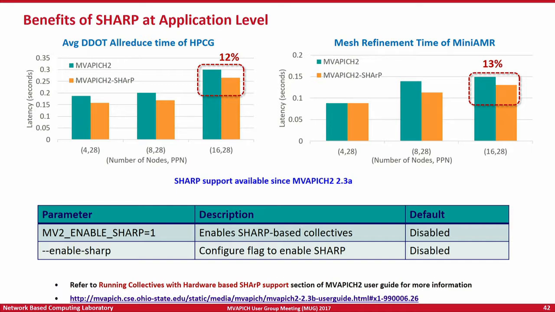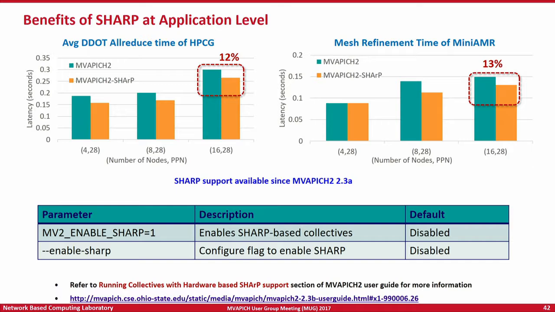If you go back to what Deva and Gilad had mentioned in their talks, they mentioned that SHARP is not only available for allreduce, but it's also available for other collective operations such as bcast, barrier, and reduce. Currently SHARP only supports a subset of the math operations. It does not support all of them, but it supports the most common ones like sum, min, max, etc., which are most commonly used by end applications.